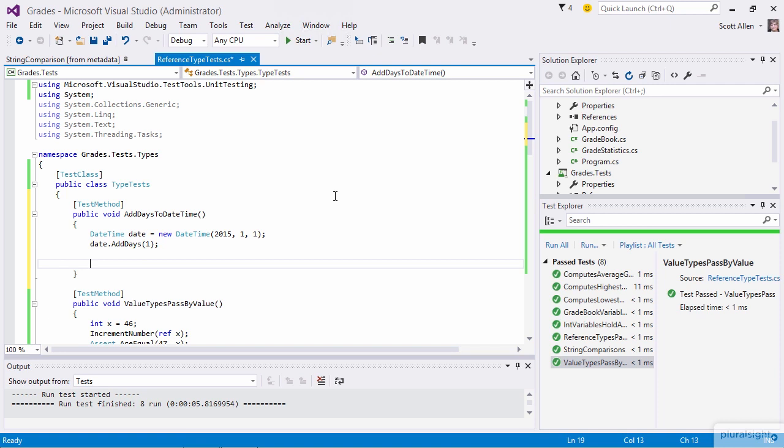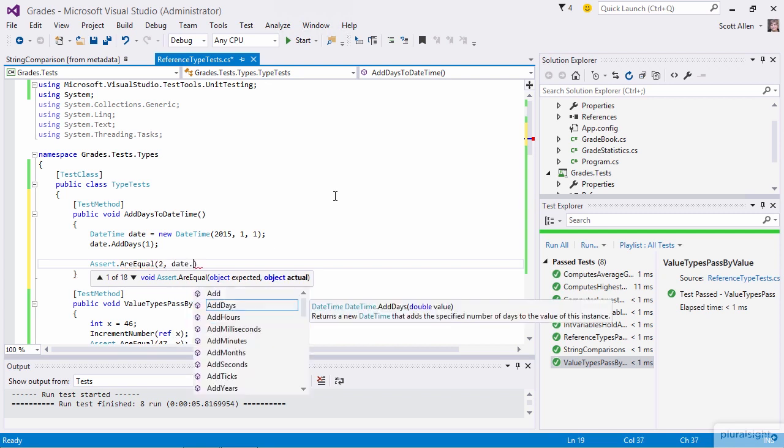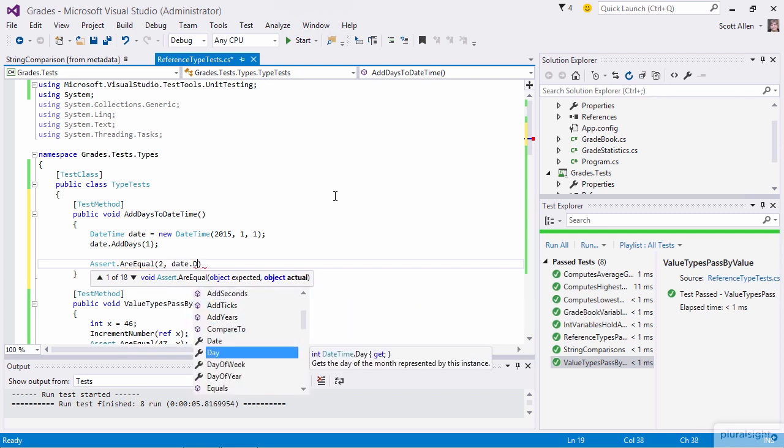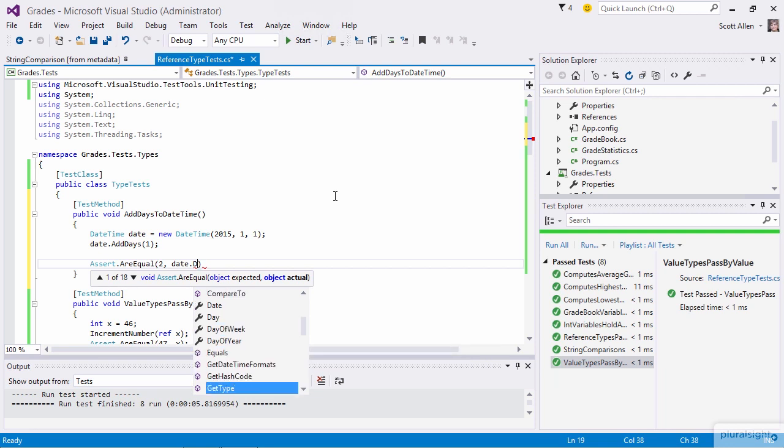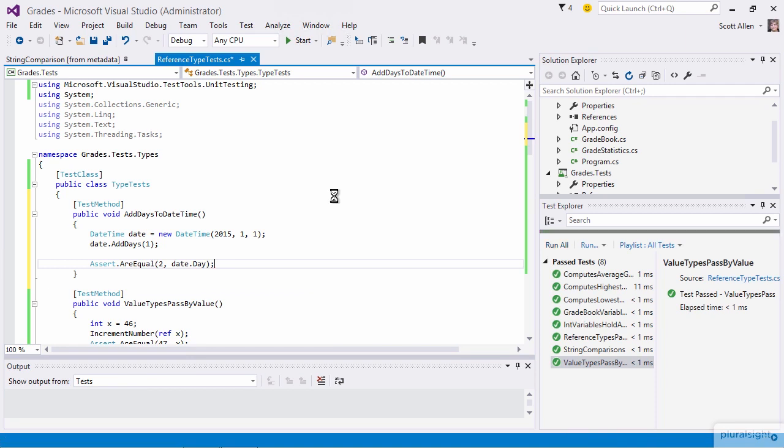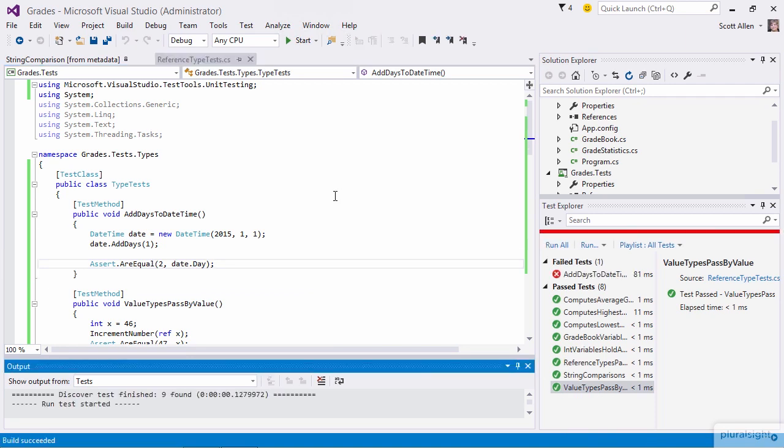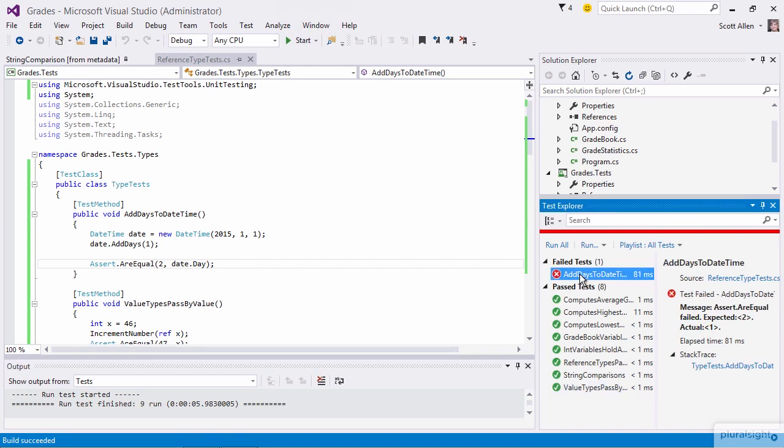2nd. But if I write an assert, and I try to assert that the following two things are equal, the value 2 and date dot day, I will find this test will fail. Before I do that, I'll just point out that there's all sorts of ways to look at various different pieces of the date. I could look at the specific hour or the specific millisecond, but I just want to look at the day. And if I run the test,